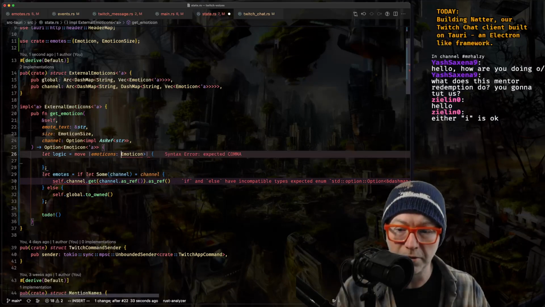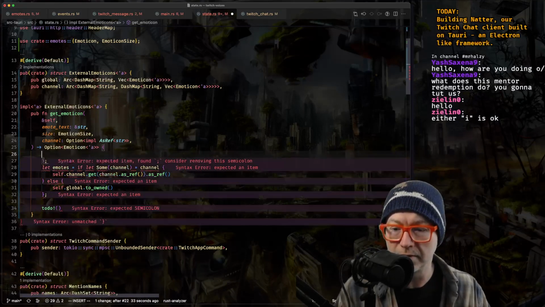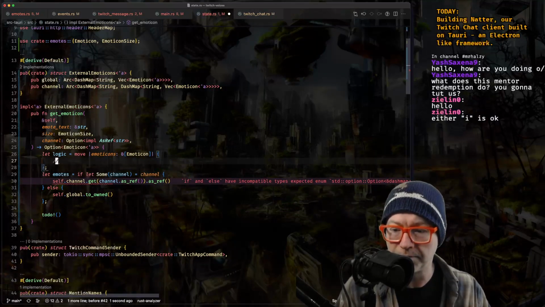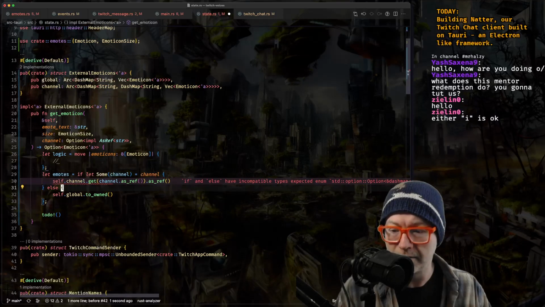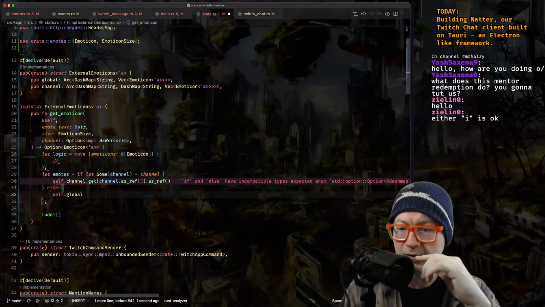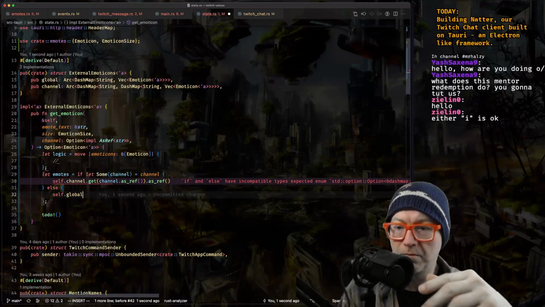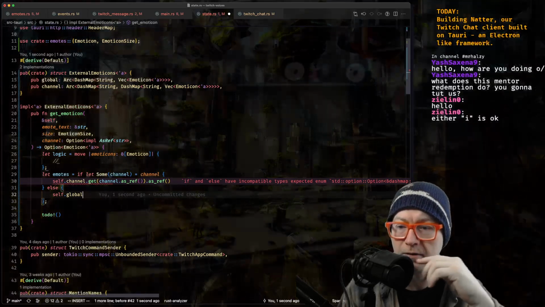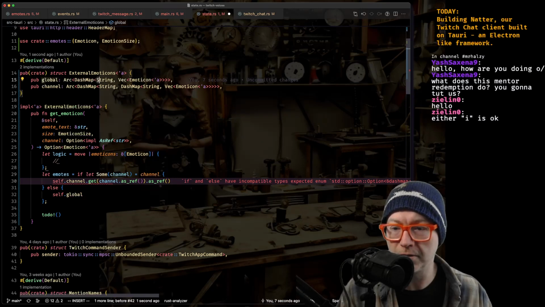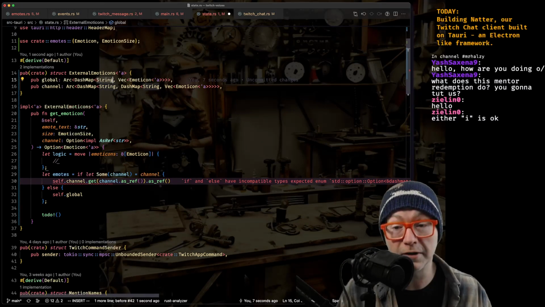And this should really be... Okay. So we're trying to find an emoticon. We need to find the dash map here. So we have global. We'll look up the emoticon text here.